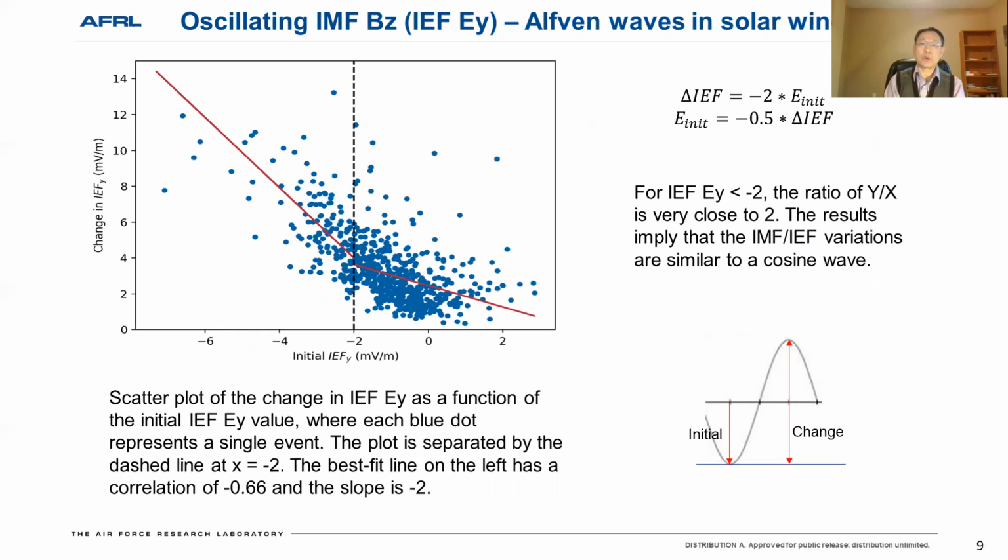This slide shows the relationship between the change of the IEF Ey and the initial IEF Ey. For initial IEF Ey smaller than zero, the change of IEF Ey is approximately 2 times the initial IEF Ey. The result implies the IMF or IEF variations are similar to a cosine wave. The change in the cosine wave from minimum to maximum is 2 times the initial minimum value, as plotted in